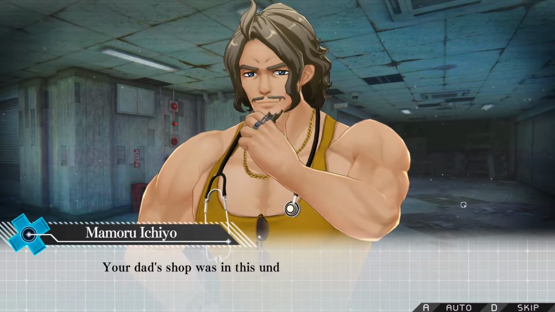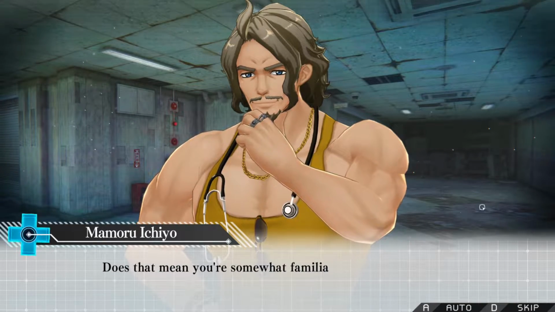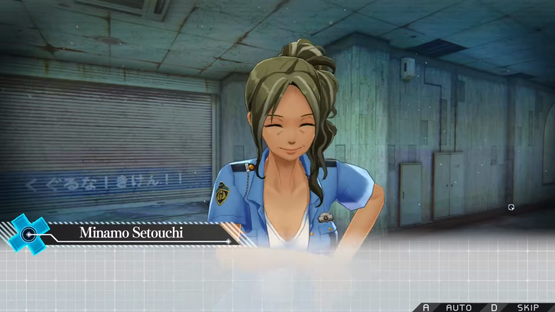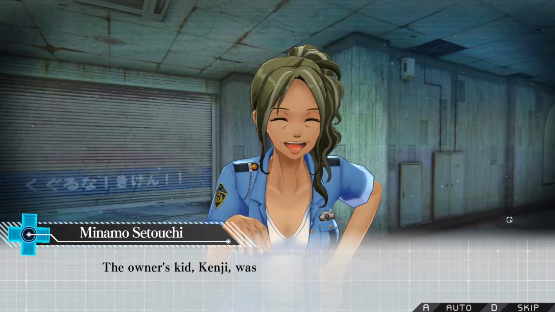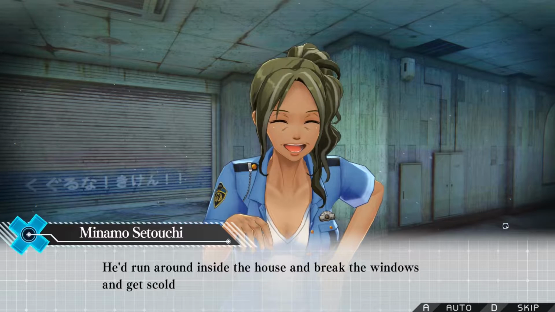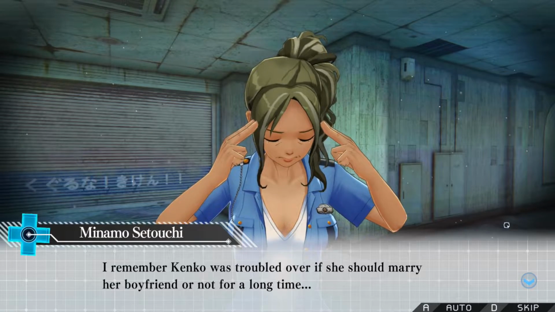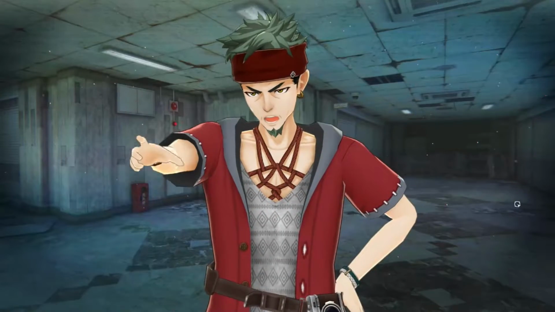What about this? Your dad's shop was in this underground district, wasn't it, Miss Miyamo? Does that mean you're somewhat familiar with this area? Yep. This place doesn't look the same anymore, but I guess I know more about it than you guys. Like, if you go straight down this path, there used to be a candy shop. The owner's kid, Kenji, was a pretty big troublemaker. He'd run around inside the house and break the windows and get scolded by his sister, Kenko. I remember Kenko was troubled over if she should marry her boyfriend or not for a long time. Oh, and their dad's name was Kenshiro and...